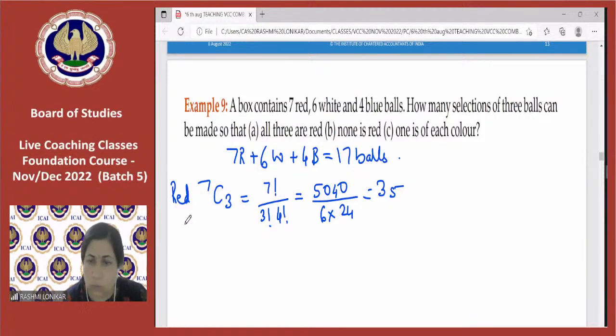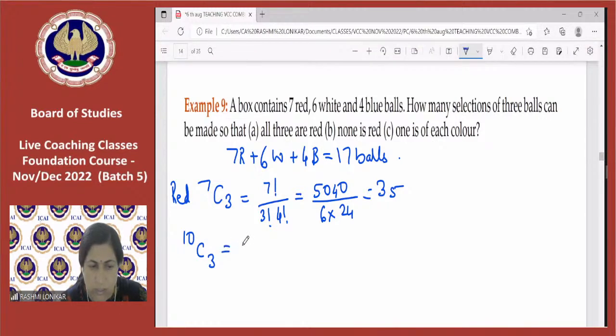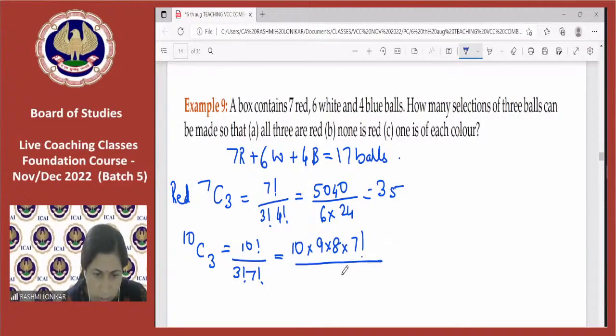Now, what is the second? None is red. None is red means I will not consider the 7 red. How many remaining balls are there? 6 white and 4 blue, that is 10 balls. So 10C3. None is red, so this is equal to 10 factorial upon 3 factorial and 10 minus 3 is 7 factorial. So this is 10 into 9 into 8 into 7 factorial upon